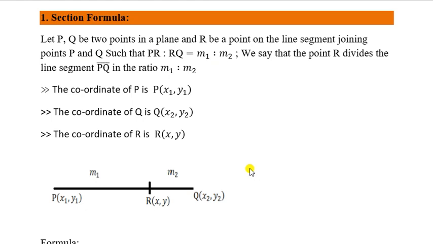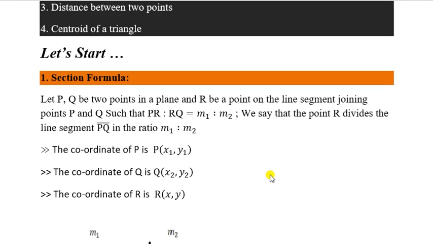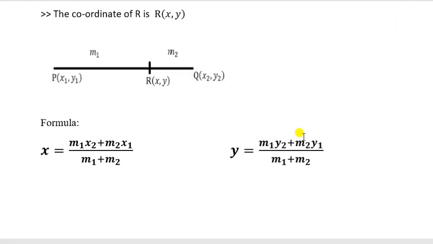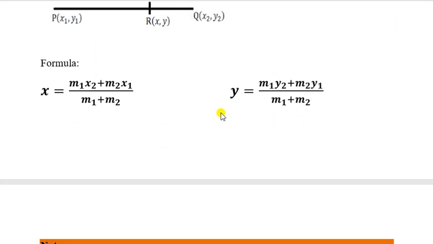Now we are going to find out this formula. By which formula do we have to find this? This is the formula. We'll try to find the coordinates of R, that means x and y, individually. And with these two formulas you can solve different kinds of problems. According to the problem you have to use this formula, but the formula is always the same. Before completing any sum, you should read the given question 2-3 times, and after understanding the question, try to solve it.